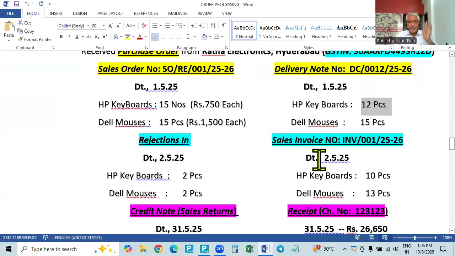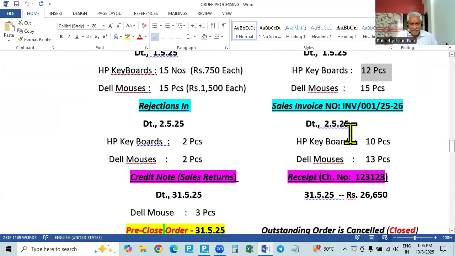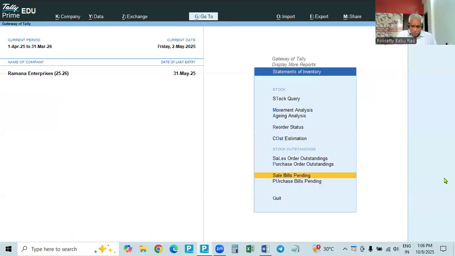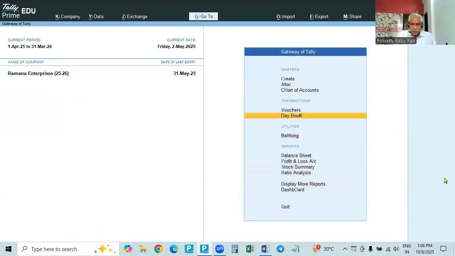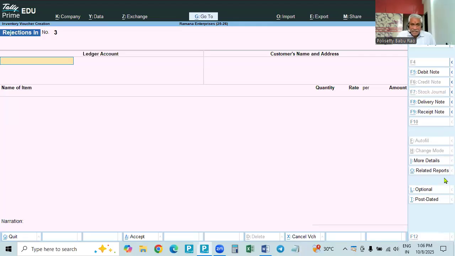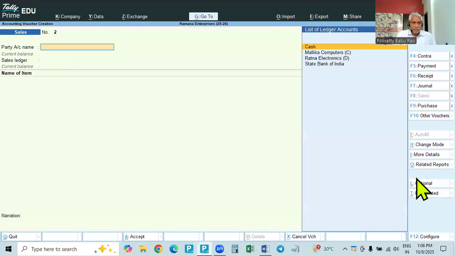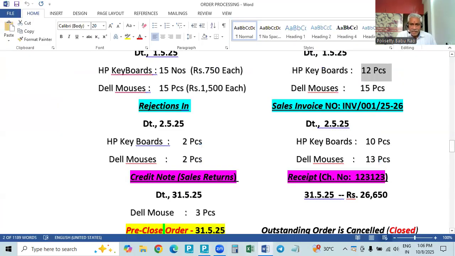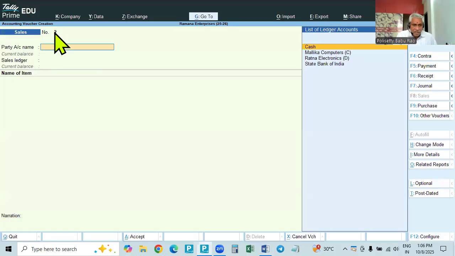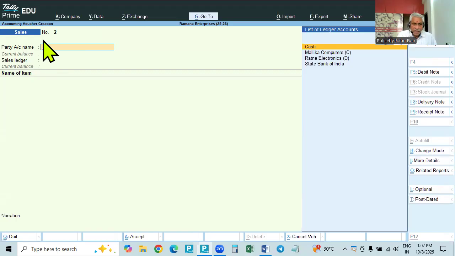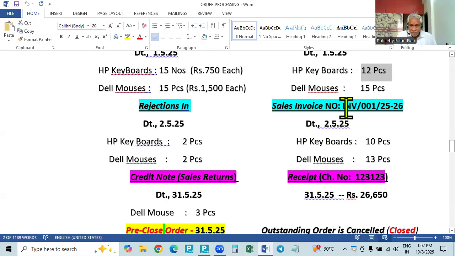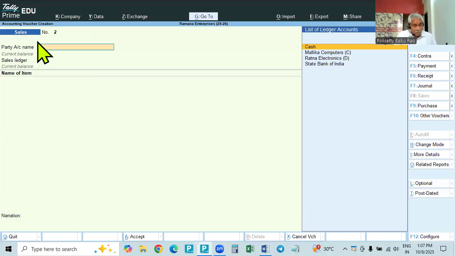And after receiving the rejections, we send the sales invoice. Okay, so now go to voucher. In this case, the date is the same date. So 2/5 date, and the sales is F8. Here the number is 2. Sales invoice number: suppose you make this a special format. Again, for this also you can make a reference number. This is the serial number. For the order number, that is the invoice number. This one you can give in the